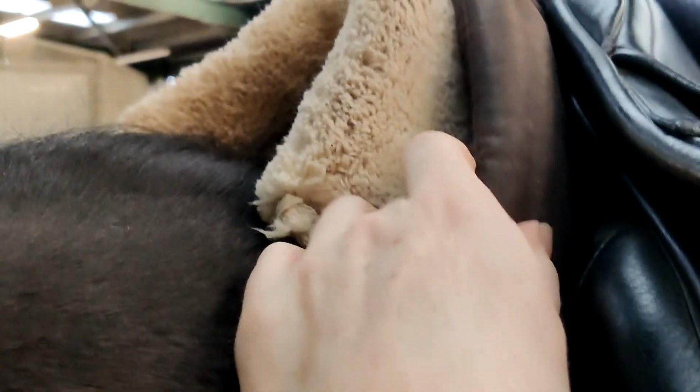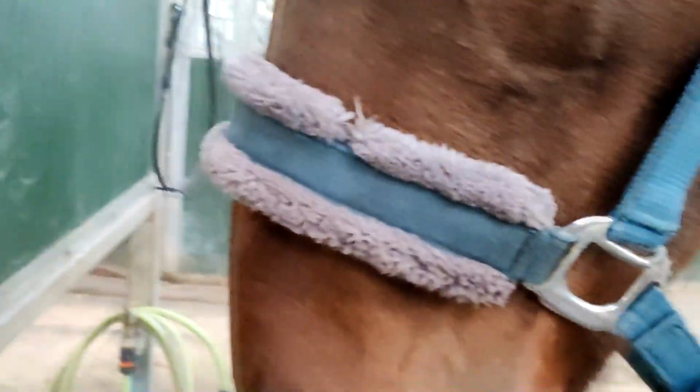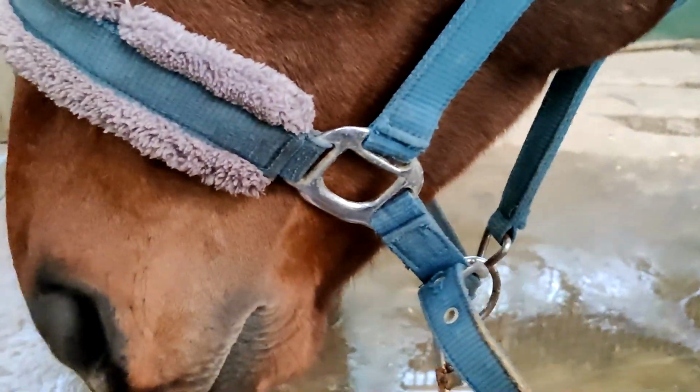The cover's half off because I'm not riding in it at the moment. But underneath is just a pro light with one on the fin, you can't really see it, yeah, fin shim there on the front left, and then on the back right is the other fin one, just to try and stop him dropping off. But it's absolutely fine on the river clearance. The problem is when you get there, right where my hand is, right underneath that panel, it's really tight, and it blocks his shoulder quite a bit, so he can't actually move it back how he should be able to. So yeah, when he works in an outline in walk and trot, it's doable, but canter you find a little bit hard,